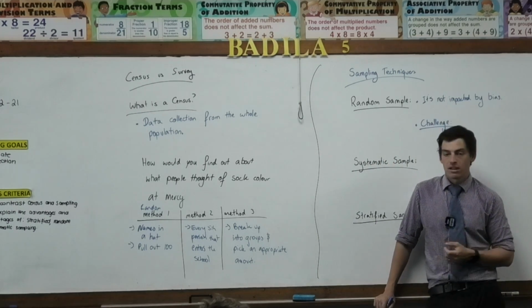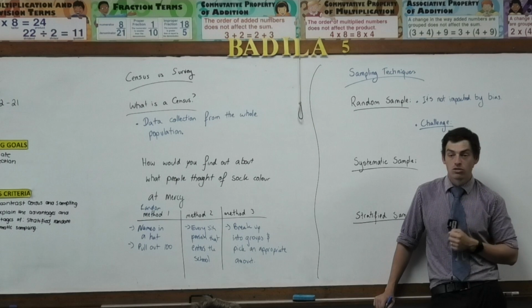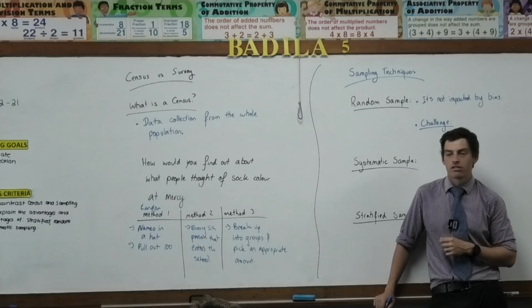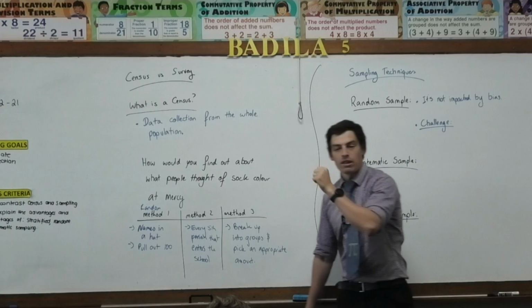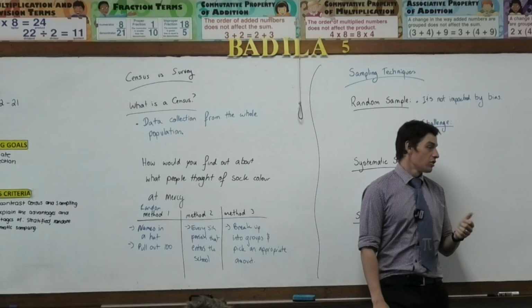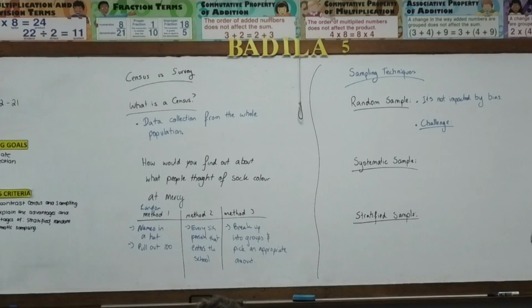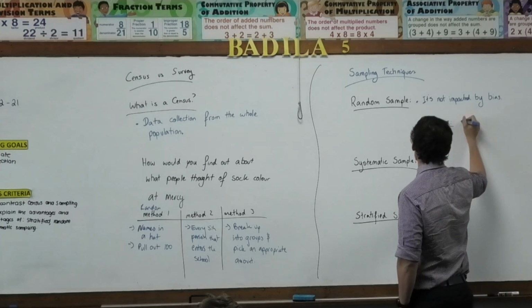So how would I do random sampling? Pick a house, go knock on some doors. What's the problem with that? That's a good technique, better than most. What's wrong with it though? What if I was in the richest street in town and I walked up and knocked on 5 doors in a row? Would that represent this? It's bias, isn't it? So random samples are great if we can actually get a random sample. The challenge is it's very difficult to get a random sample.